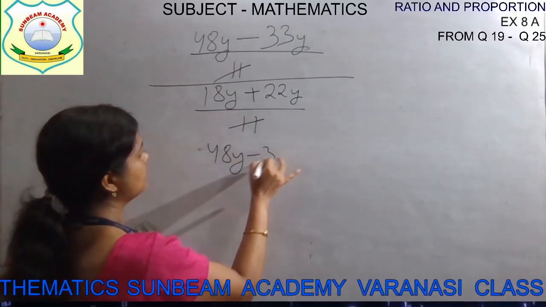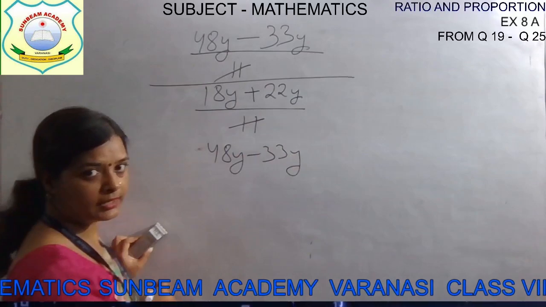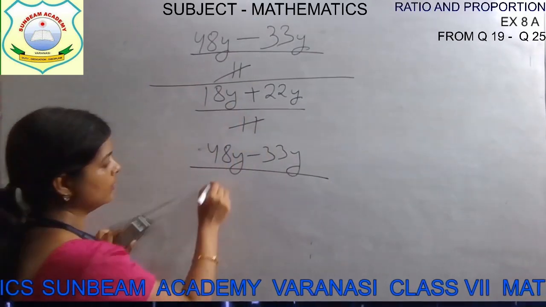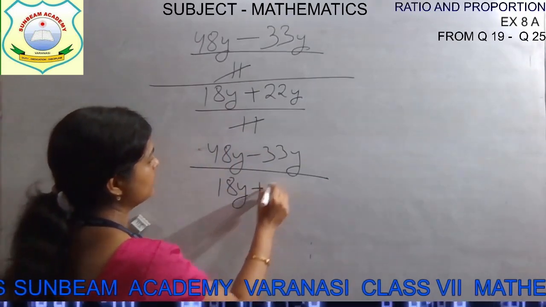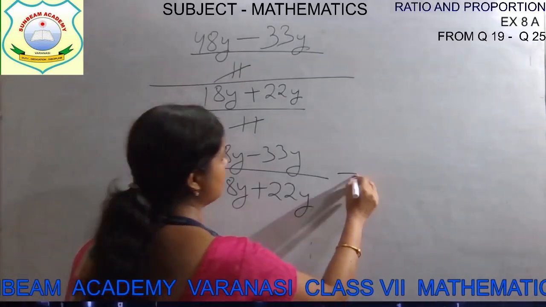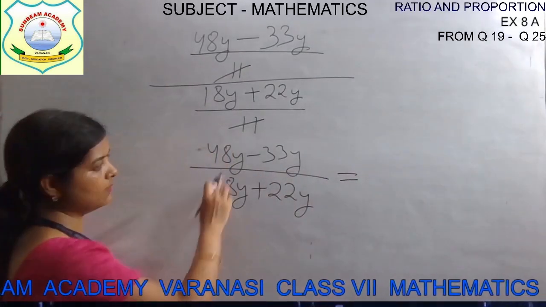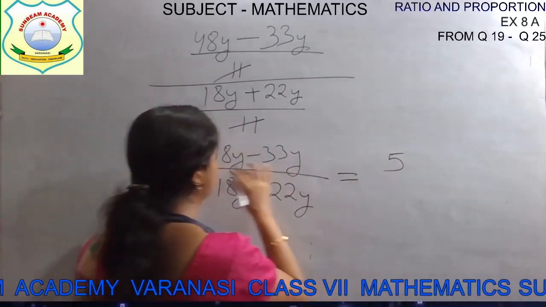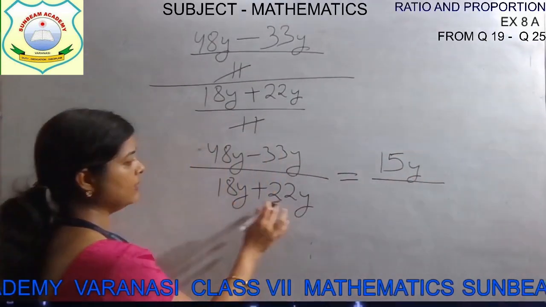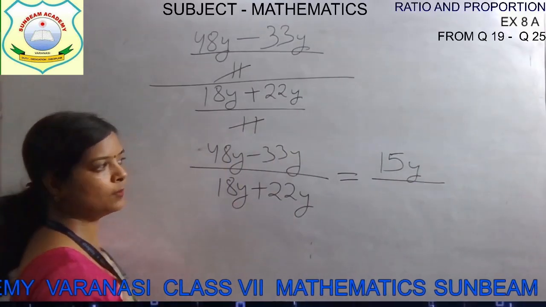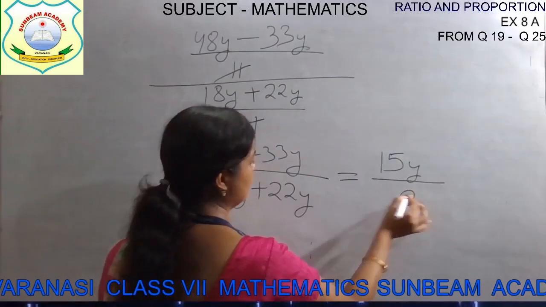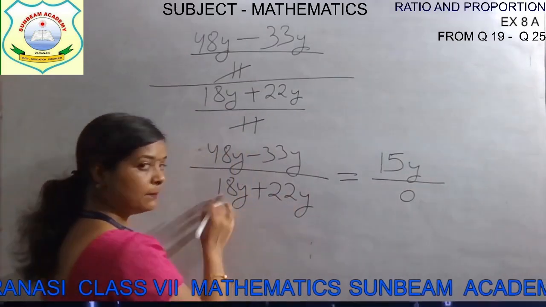48y minus 33y, divided by what is left in the denominator? 18y plus 22y. Now solve it, children. 48 minus 33: 8 minus 3 is 5 and 4 minus 3 is 1, so 15y. Divided by 18 plus 22. Come on, solve it. 18 plus 22: 8 plus 2 is 10, and 2 plus 1 plus 1, that is